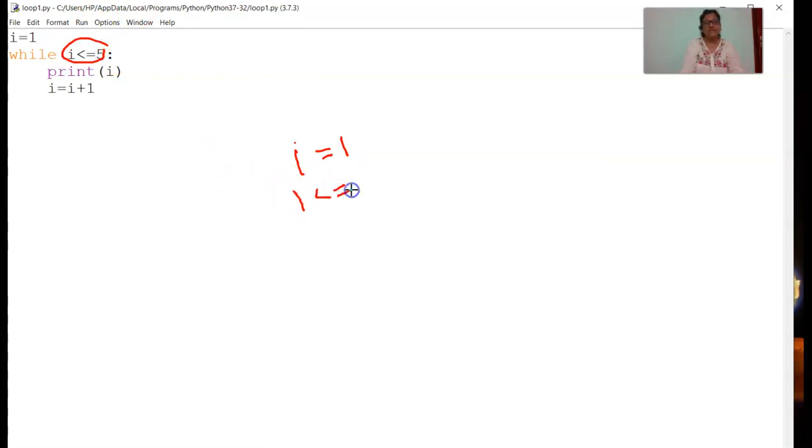It would execute this, so it would be printing 1. Then 1 plus 1, so it would be 2. Then i equal to 2. Is 2 less than equal to 5? Yes, very much.